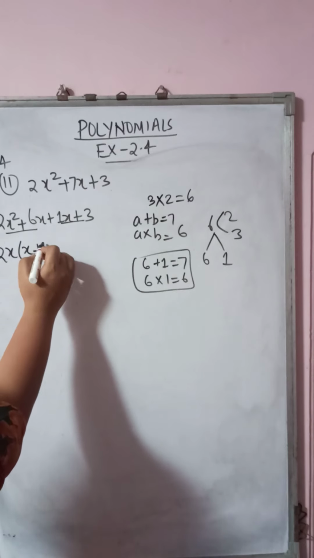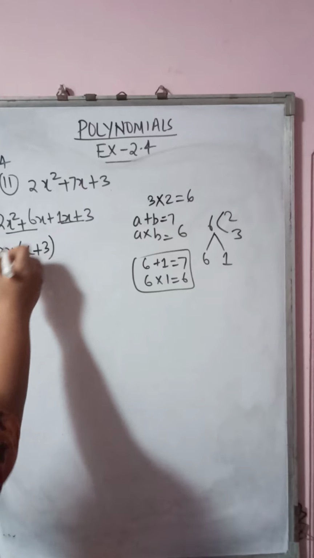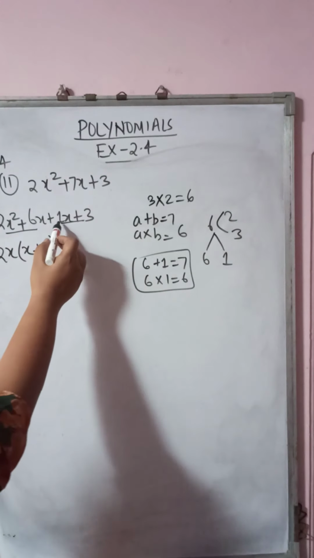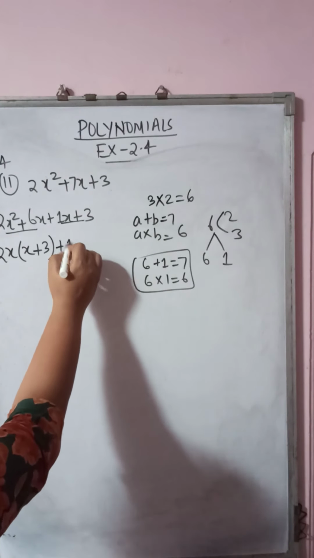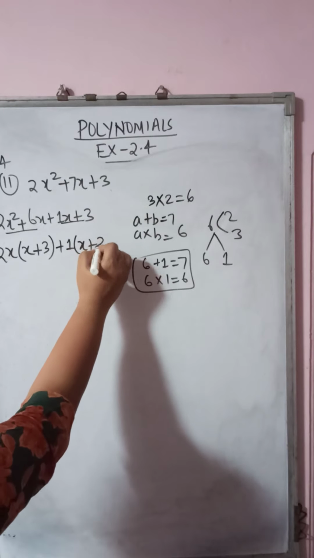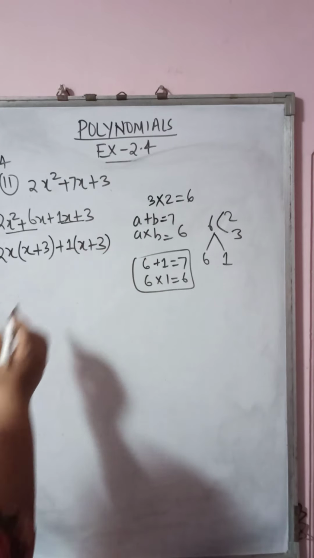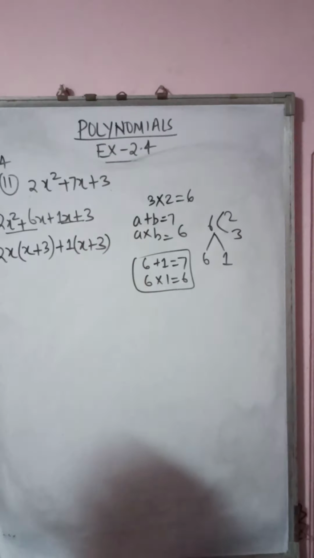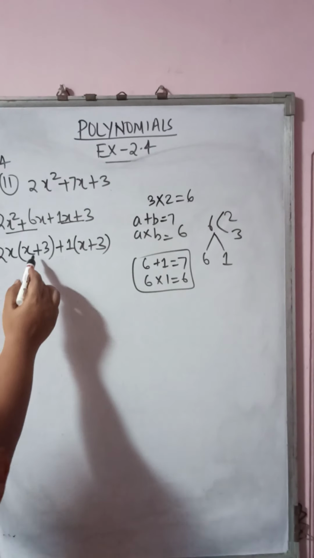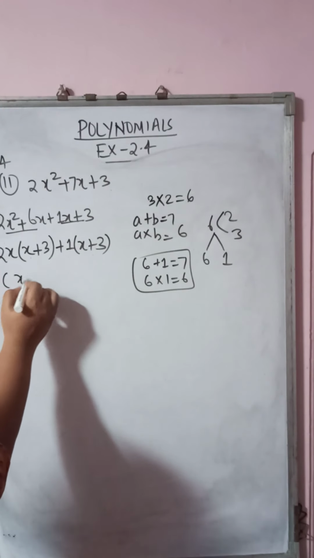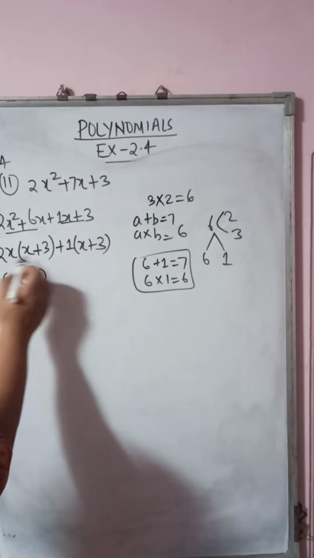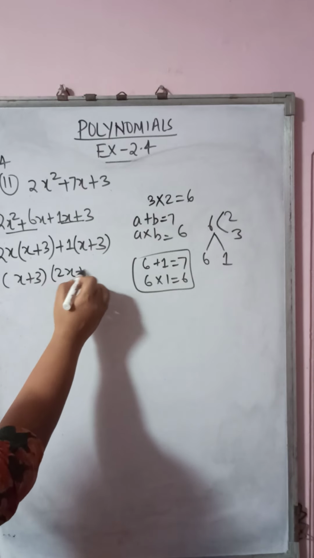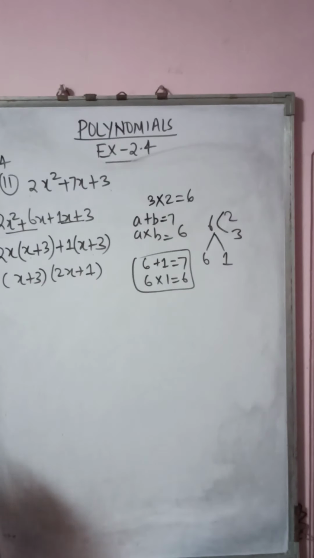How many times do you get 6? 2 threes are 6. X is already out. Now again here x plus 3. Nothing is common, so 1 you will write as common. So x plus 3. 1 into x, x, and 1 into 3, 3. As I said, the term in both the brackets should be same. So x plus 3 you will write, and whatever is written outside the bracket you put together in one bracket. So this is question number 2.